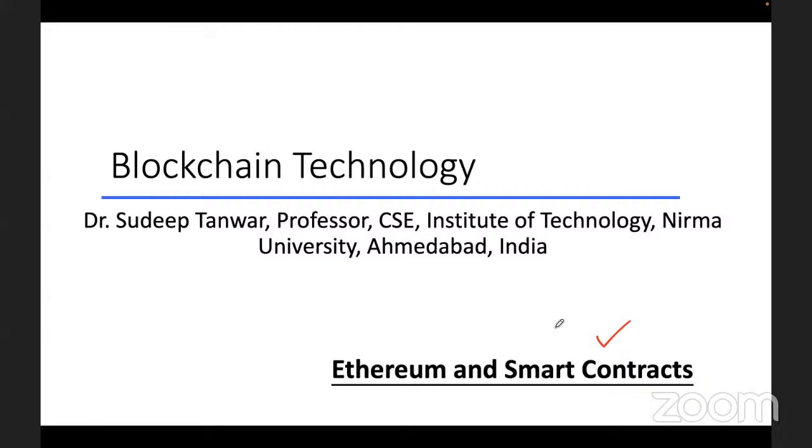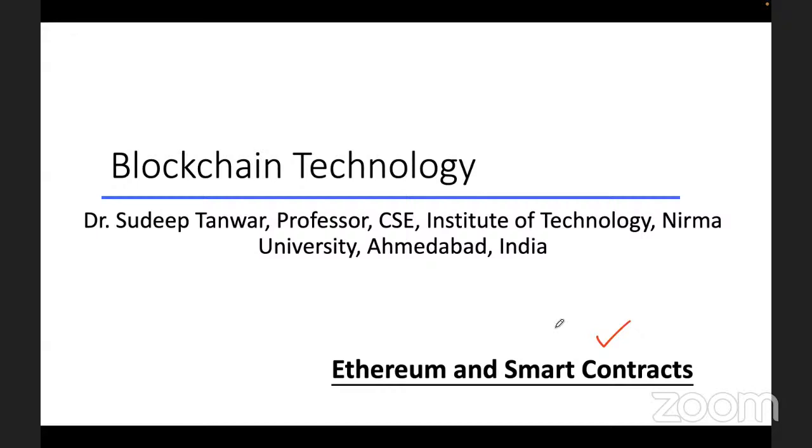Number three, we will see how this Ethereum Remix IDE is a platform used across the globe for development of smart contracts, for writing smart contracts. And in this particular session, we are focusing more on the implementation part, because in smart contracts, implementation plays a very important role: how you are going to write your smart contract, and what kind of platform you are going to use to write it,